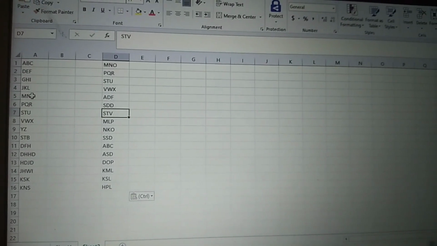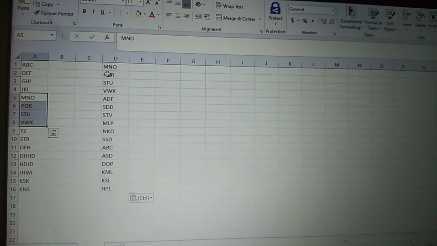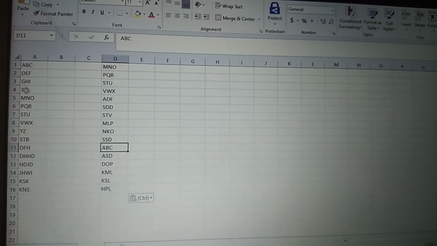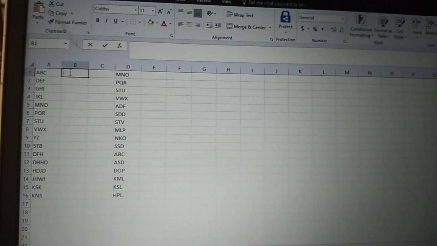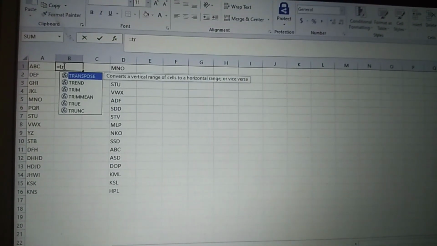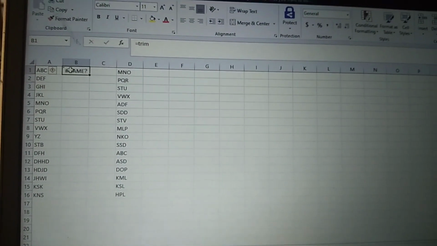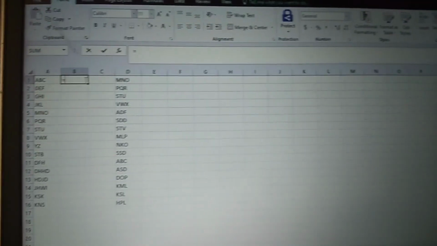I am showing you what the common things are, which I have kept as an example. So I have taken the 5, 6, 7, 8 and copied them in the D column, and A, B, C as well. So here I am going to show you how you need to remove the extra spaces that are present